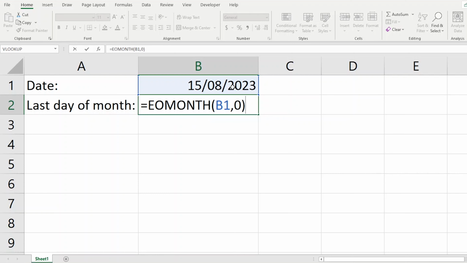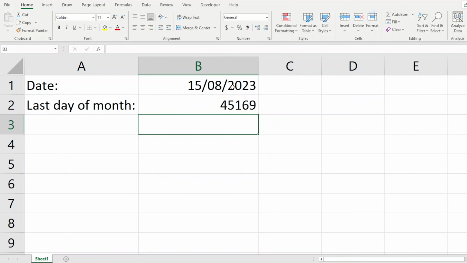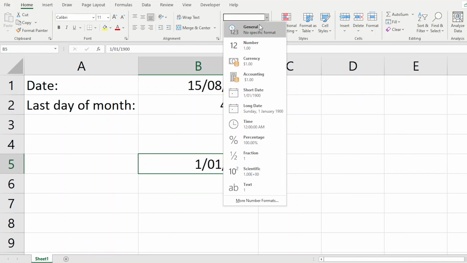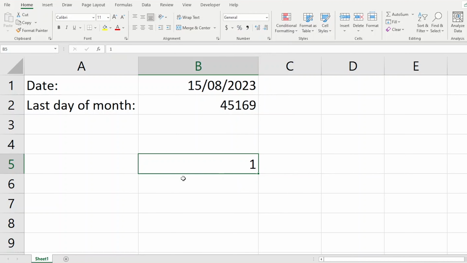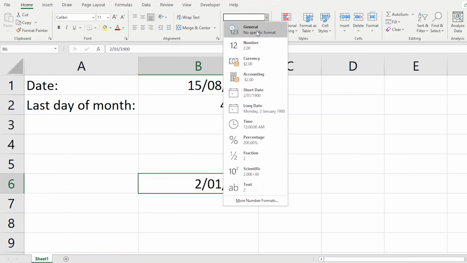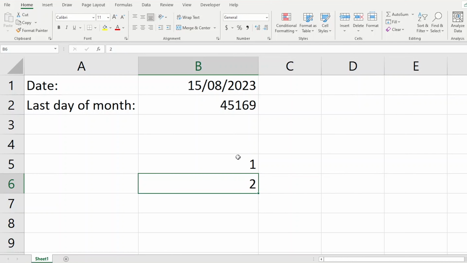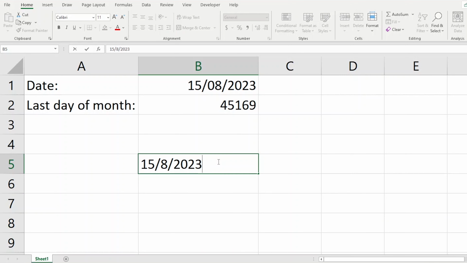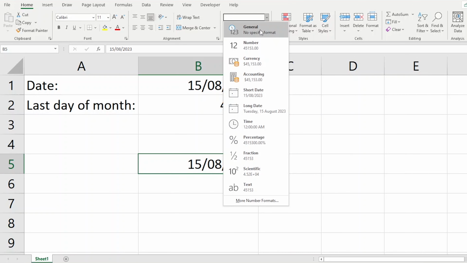So closing that bracket, enter on the keyboard is going to give you what's called a serial date time value. Now, all a serial date time value does is count how many days have passed from the 1st of January 1900. So if I type in the 1st of January 1900 and remove that date formatting using the drop down menu at the top, it's going to give me 1. If I type in the 2nd of January 1900 and remove that date formatting, it's going to give me 2, and so on and so forth until we reach this particular date, 15th of the 8th of 2023, which is, in this case,